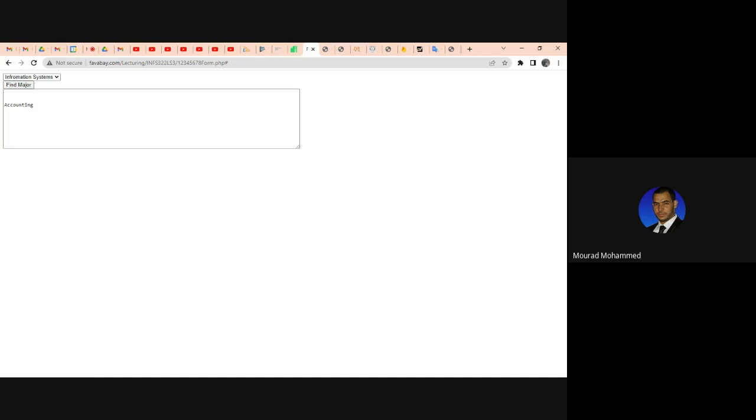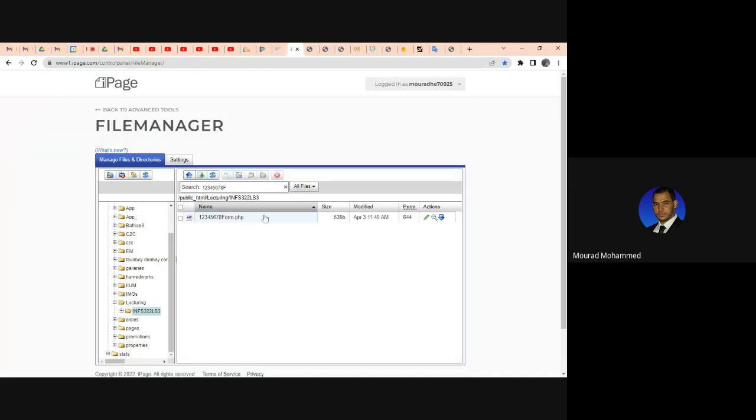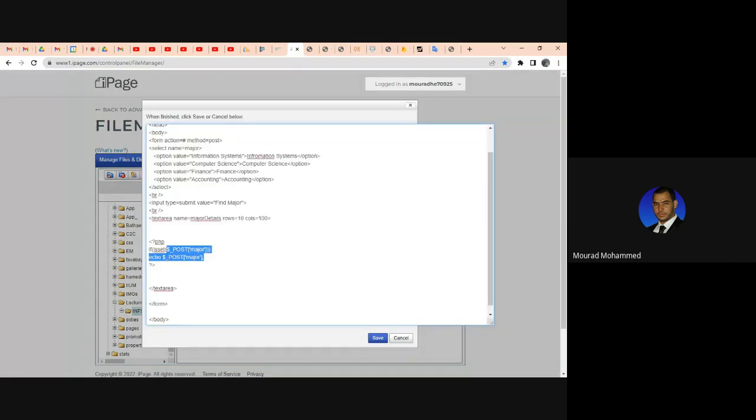It perfectly works. I'm not going to use the if statement here. So this is the first solution, using the if statement. But the second solution is using the switch case statement to display the output based on the received value. So instead of this if, we switch